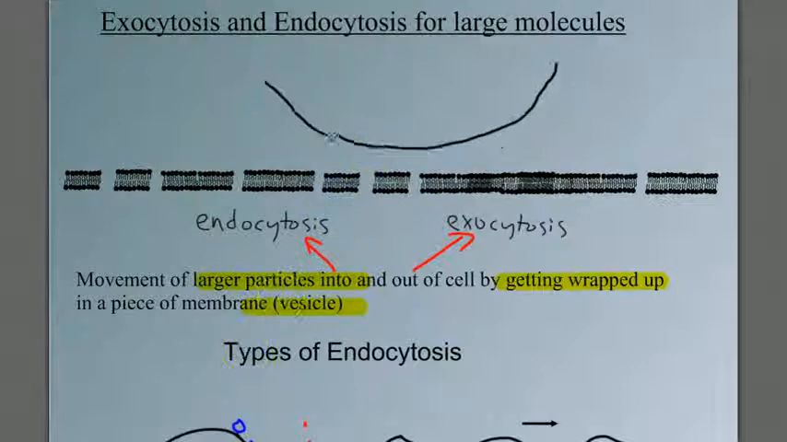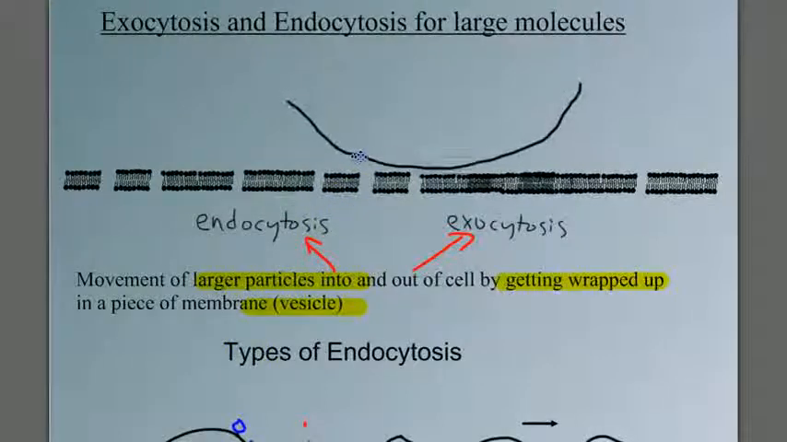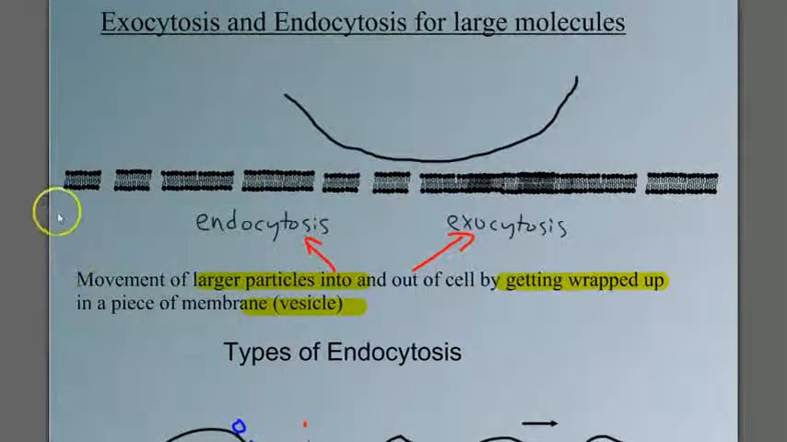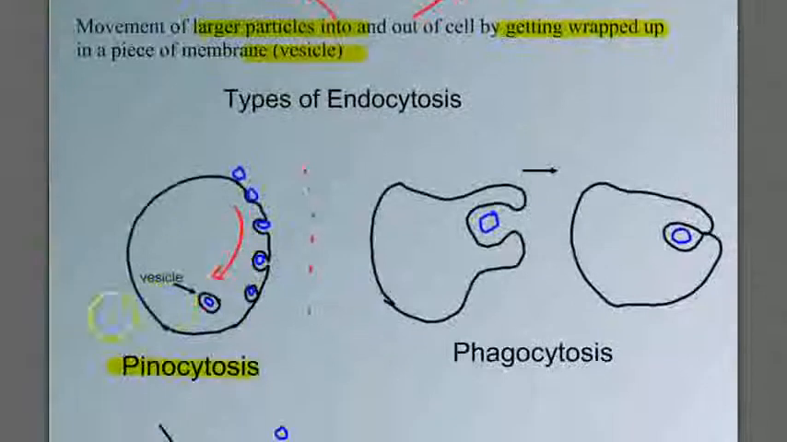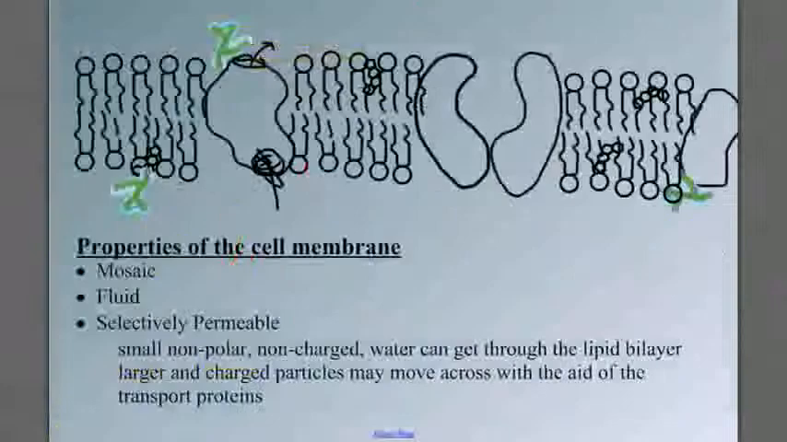So that large particles can get in and out of a cell, but not through the cell membrane, yet wrapped up in a piece of the cell membrane called a vesicle. Now that wraps up our video on the properties and